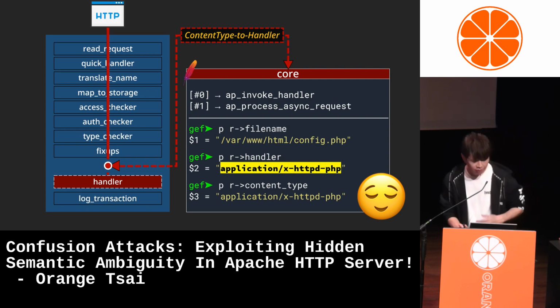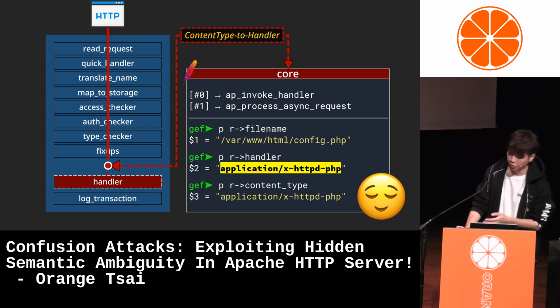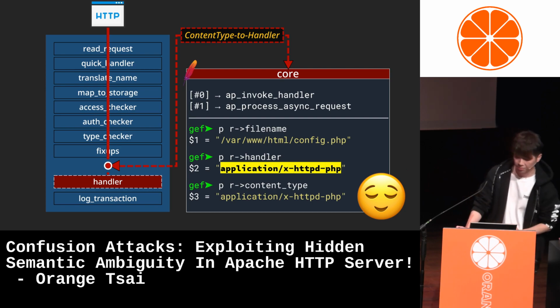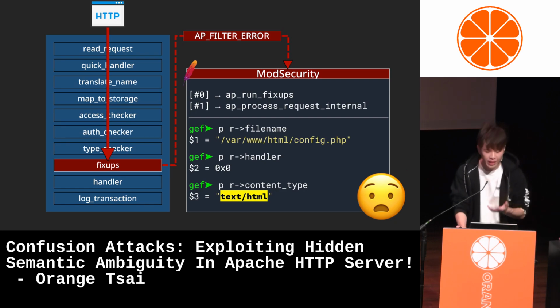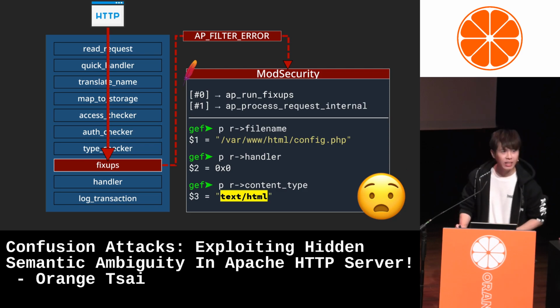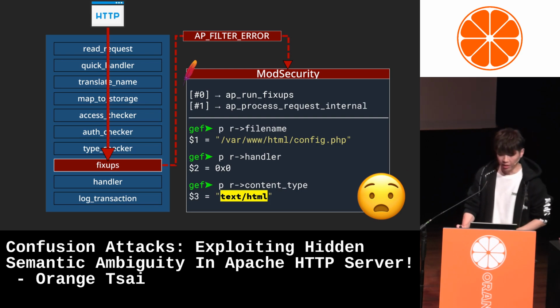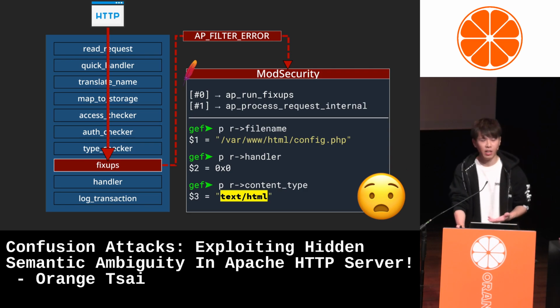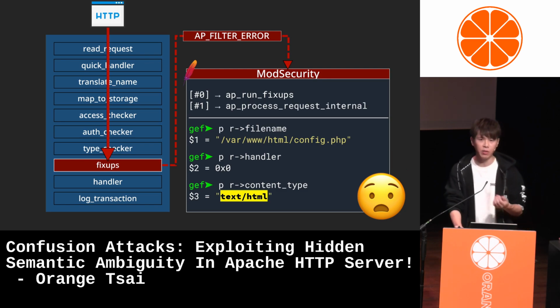But what if any module accidentally overrides the content type before reaching the run handler phase? For example, you can trigger a filter error in the mod_security module. If mod_security finds an error, the module will think it has made some mistakes and want to send out some error message.